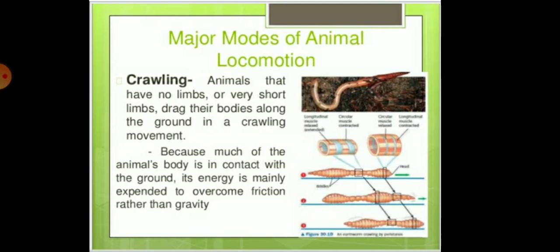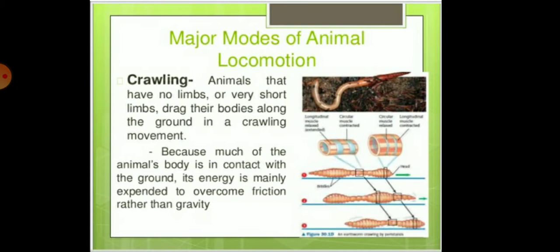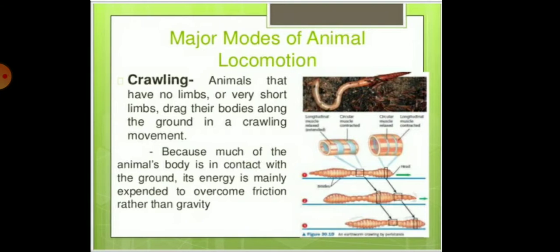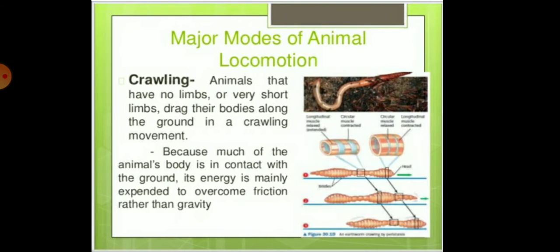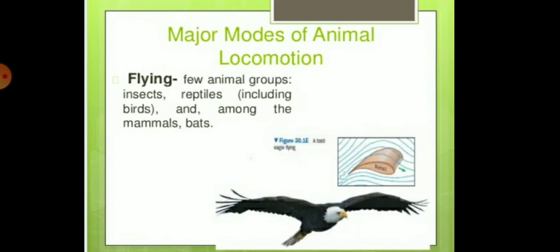And children, the body secretes a slimy substance which helps in the movement. You can see the movement of the earthworm in this picture due to the contraction and relaxation of these muscles. Next, we are taking the other example, the bird, which mainly flies and walks on the ground.